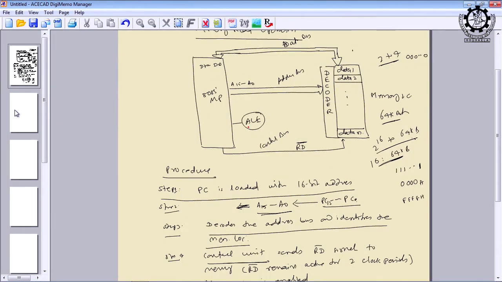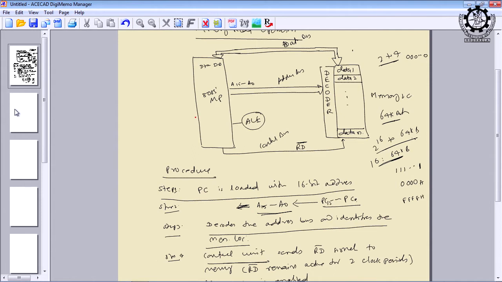Very simple. And the timing will be maintained, and the designer has suggested how many clock periods are required to store the data or address temporarily. That we shall see with a particular convention which we call the timing diagram. For every instruction, for every operation, we can show the activities using the timing diagram. So, the timing diagram is very, very important, and we will draw the timing diagram for each and every activity of the microprocessor, right.